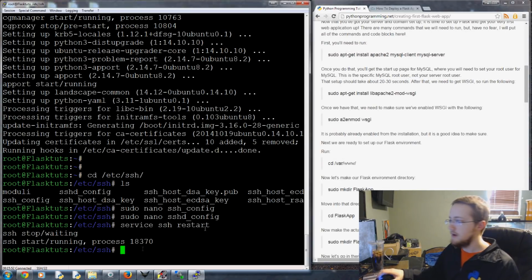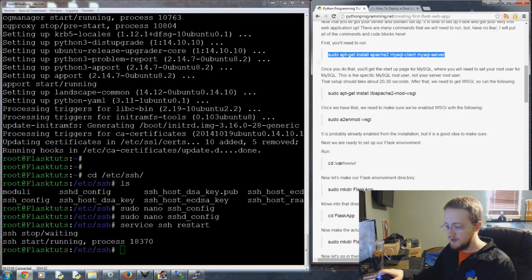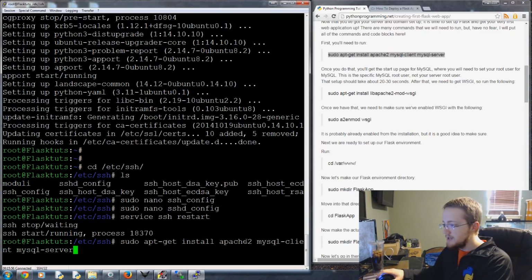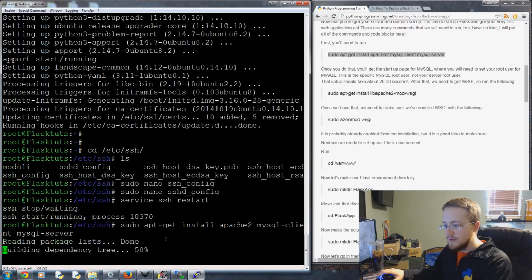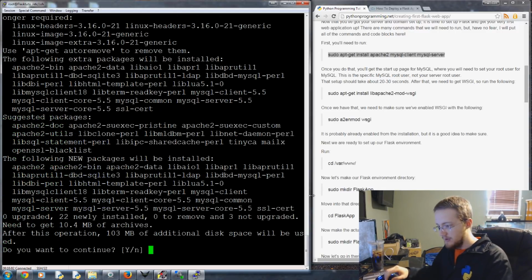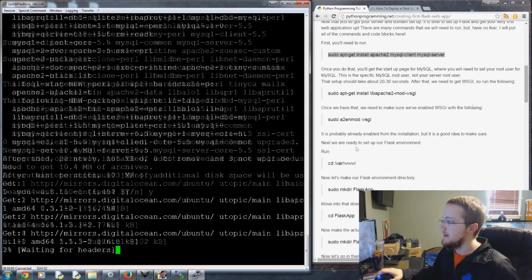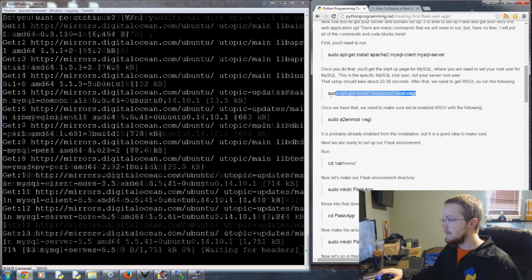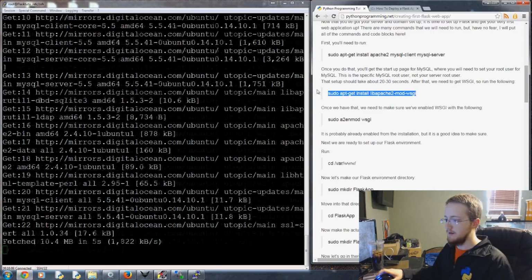Windows. Okay, so first we're going to get this, and I'll explain kind of what these are. We've got Apache for running servers, MySQL is for the database. We want both MySQL client and the server. Do we want to continue? Yes. And that's going to go through, and then we're going to get this other thing here, and we'll wait,